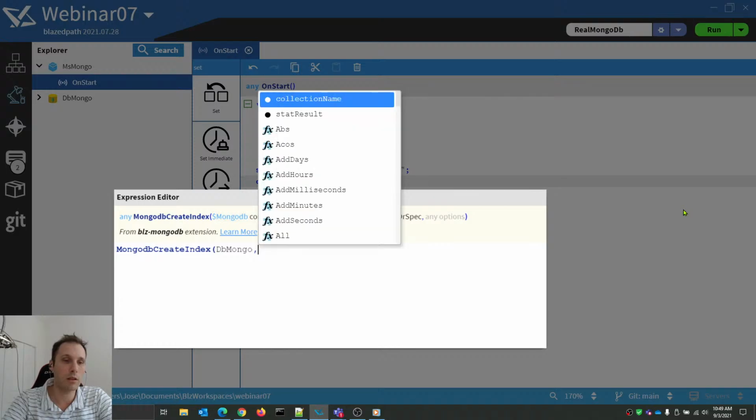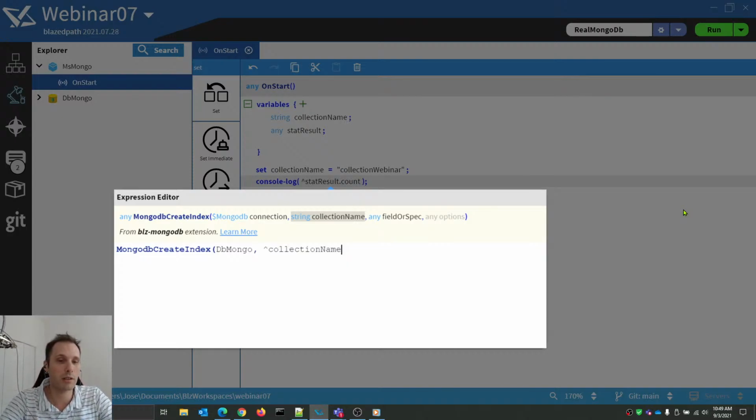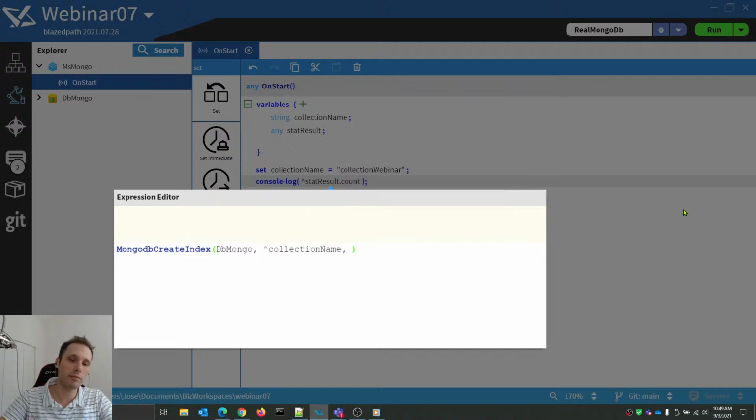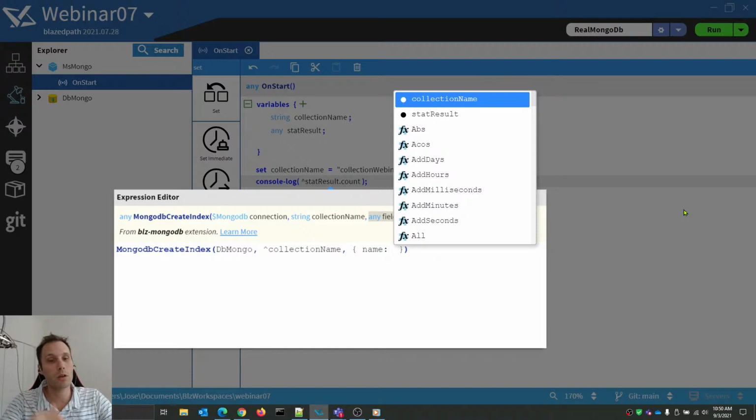So click on MongoDB, click on comma. The second parameter is going to be the collection name, as we just talked. It's on a variable just above us, and the last parameter is a field or spec of any type. So this particular parameter, or whatever you want to call it, we are grabbing everything that you are passing here. So let's say your instruction is that you want to create a new index. The index is going to be called name, and then we are going to give the name